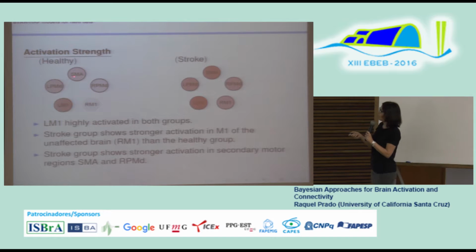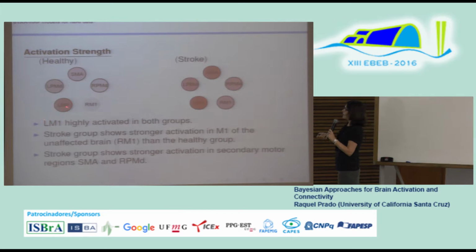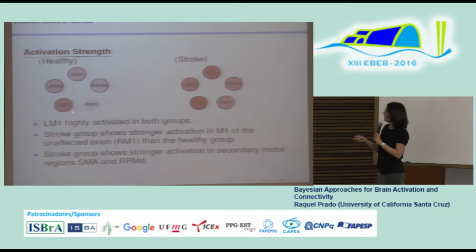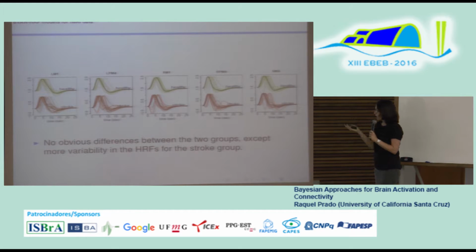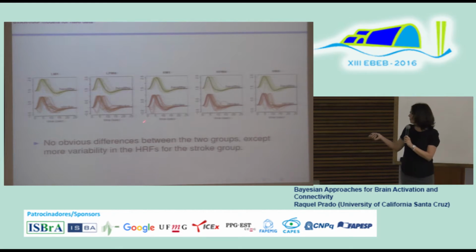In terms of the activation strength, we see that LM1, again, is the most active region of interest for both the stroke and the healthy patients, but there is an increased activation here in pretty much all the regions, and in particular, there is a lot. This one is a very highly active region that is not so active in this particular case. So we can also compare the different